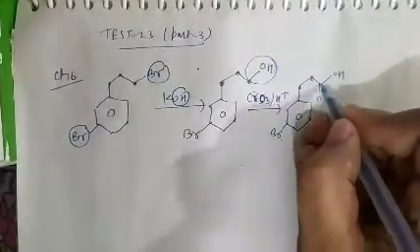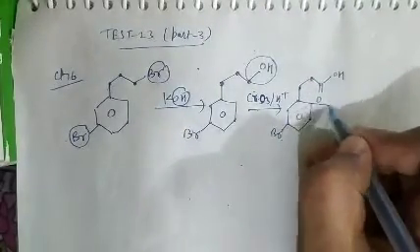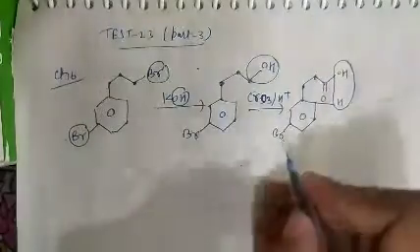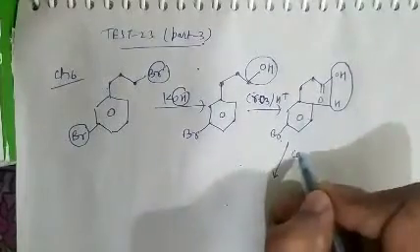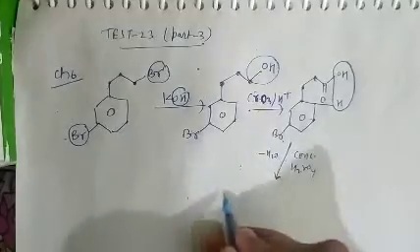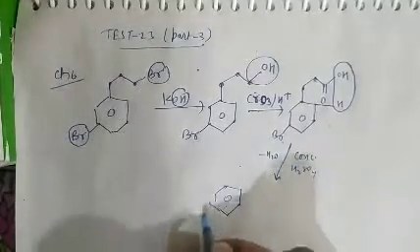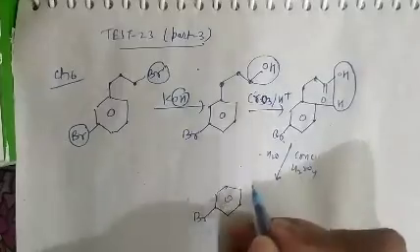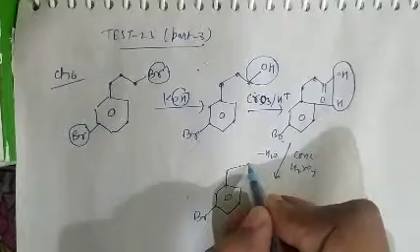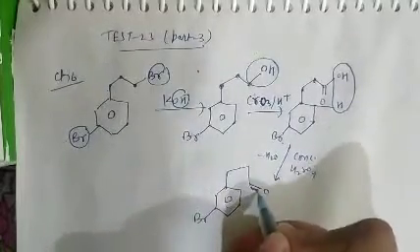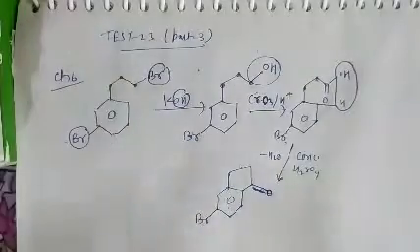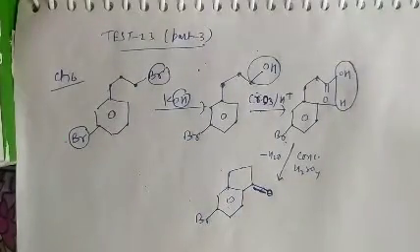As we can see, to form a ring, as there is a hydrogen atom, water will be removed and it forms a ring. Water will be removed as a dehydrating agent is added, concentrated H2SO4, and it forms a ring of 6 members. So the final product is Br, and then at this position the compound formed is C double bond O and this. So question number 76, option A is correct.